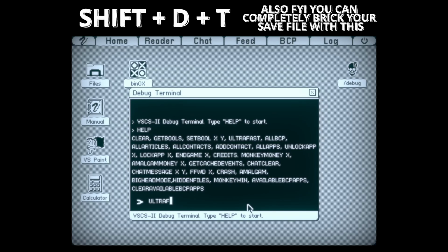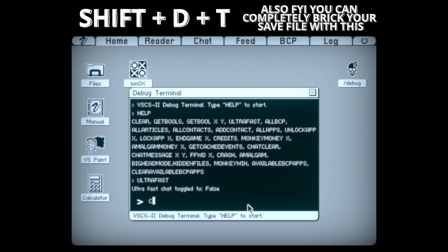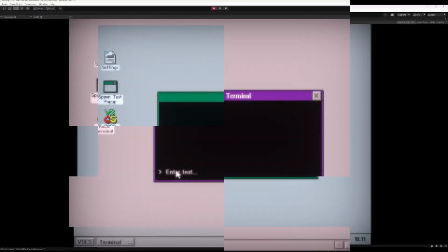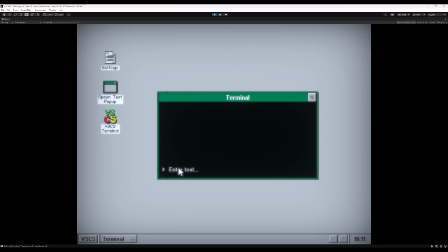So I implemented a terminal like this just for myself, and it looked too professional for a debug tool, but it would allow me to actually modify in-game events and force things to happen so that I didn't have to play through the game every single time. So my own little debug terminal. So I don't know if that's what this is going to end up as. I might actually remove it from the final game, but because Windows 3 had that underlying MS-DOS, I don't know exactly how it was structured, but it ran on top of MS-DOS.